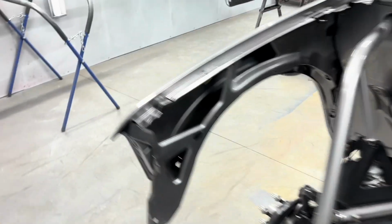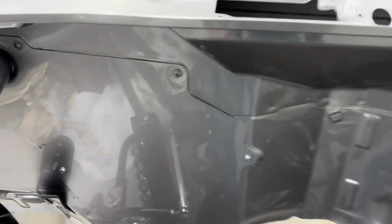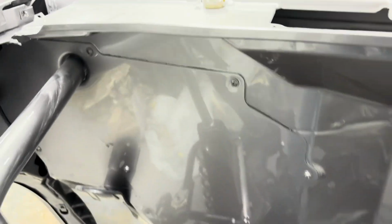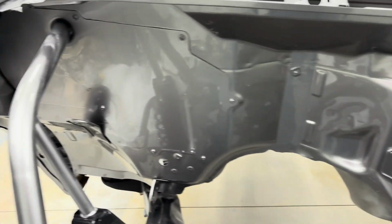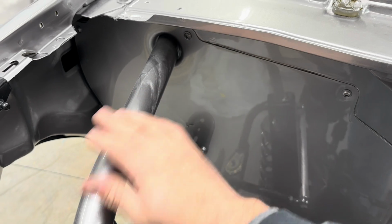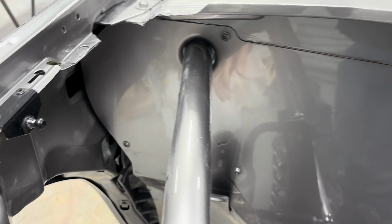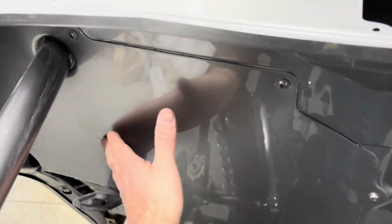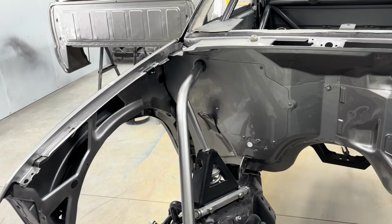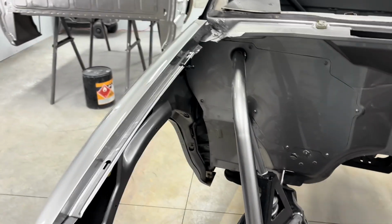On the other side, oh yeah, engine bay. This was even with a different clear. Run it right there, right up there, which I think I can sand that out pretty easy, flat place. And that was just from when I sprayed the clear, ended right under this tube, and then got on the inside here and sprayed it. Now that's not too big a deal. I probably would have run that right there, no matter the situation. There's a good chance that I would have ran it right there, but